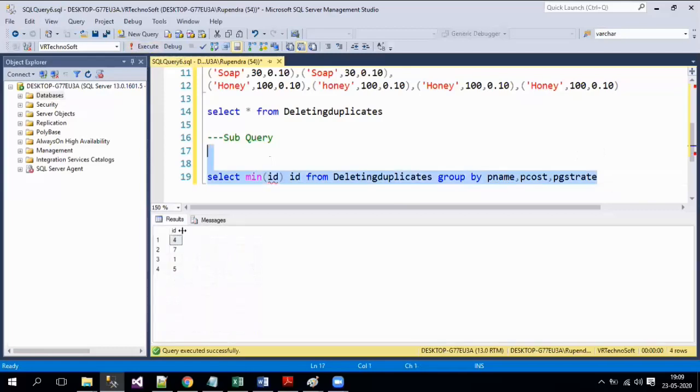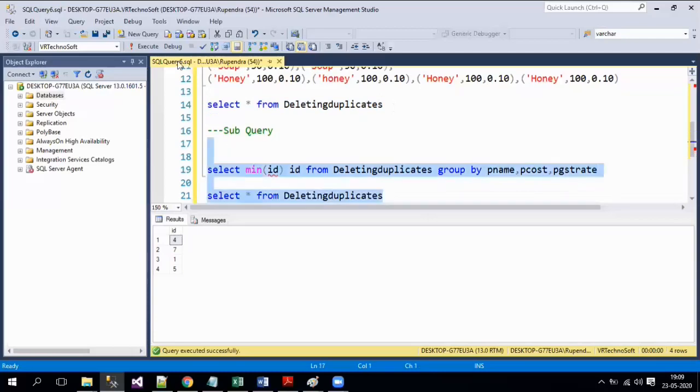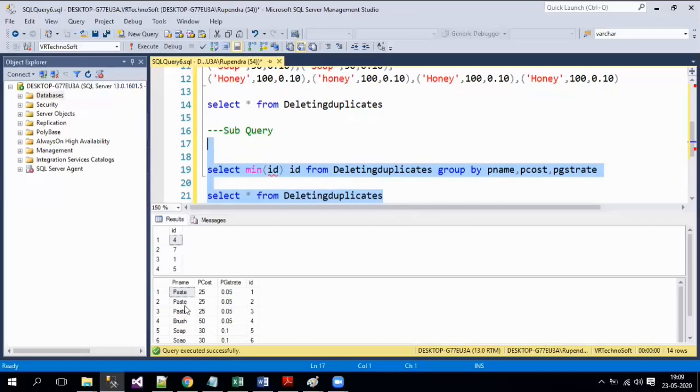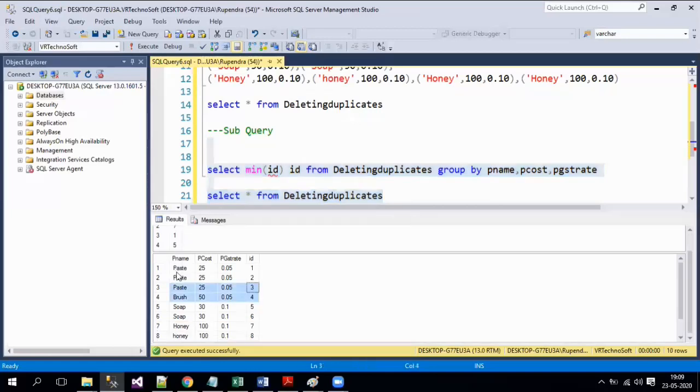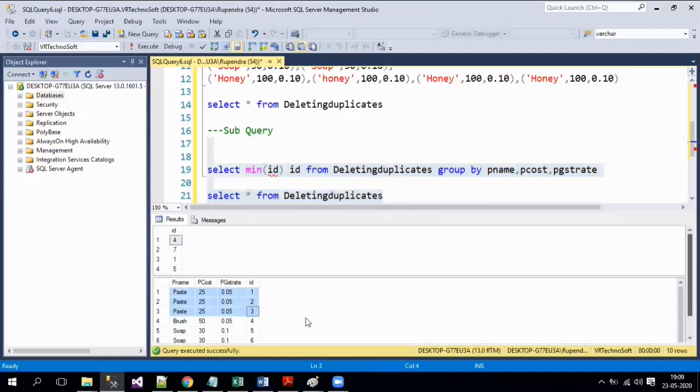Now let's see what exactly we will do. If you see, we are getting these values, like 1, 4, 5, 7. Let me execute both the queries at a time and analyze it once again. If we execute, these three product rows are grouped, and out of these three it gives the minimum row ID, that is 1.